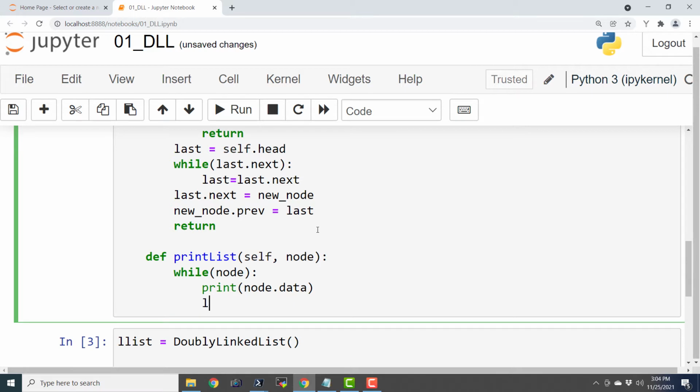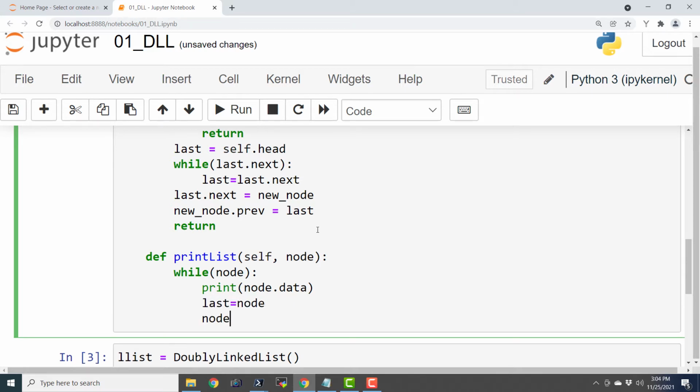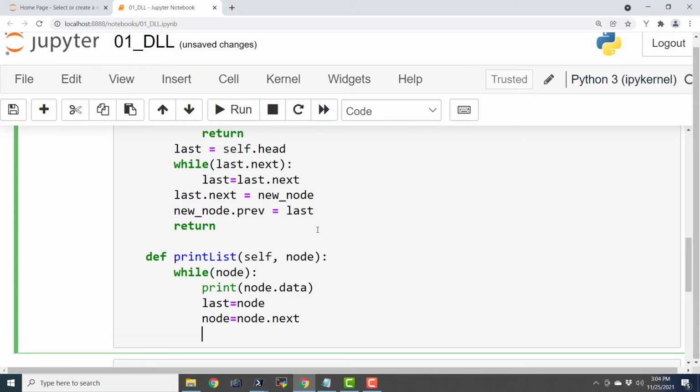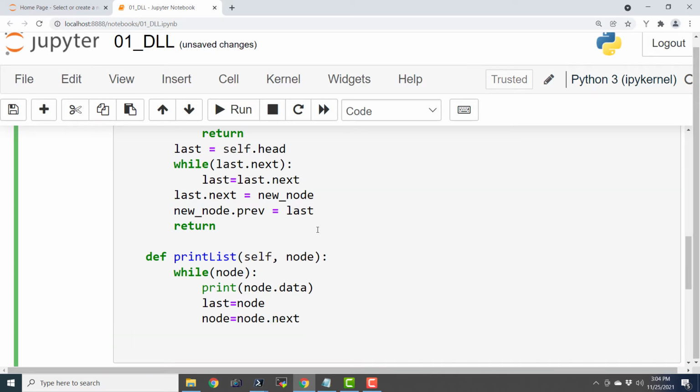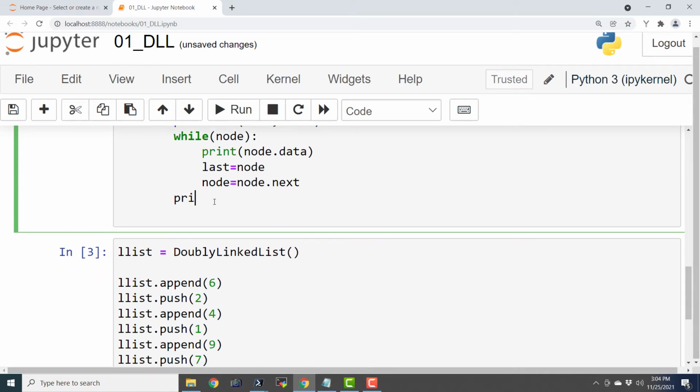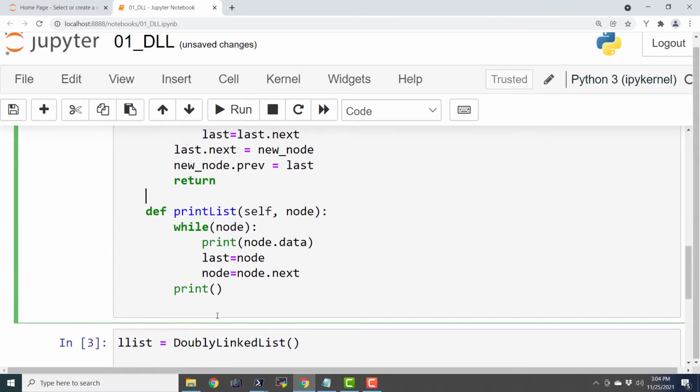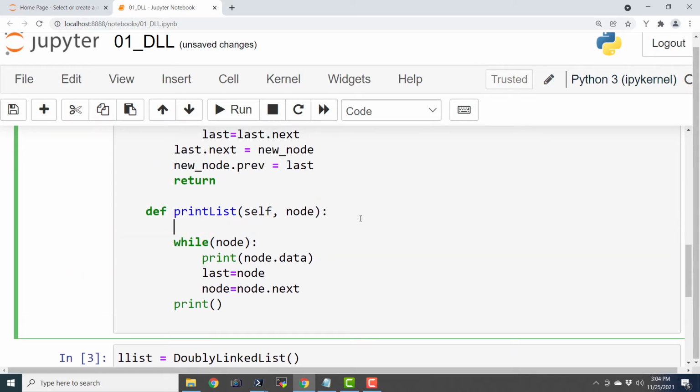That's it. And last = node, and node = node.next, and we will say print. Okay, so this was traversal in the forward direction. I forgot to mention that we should write a print statement here, and let us say "forward traversal".